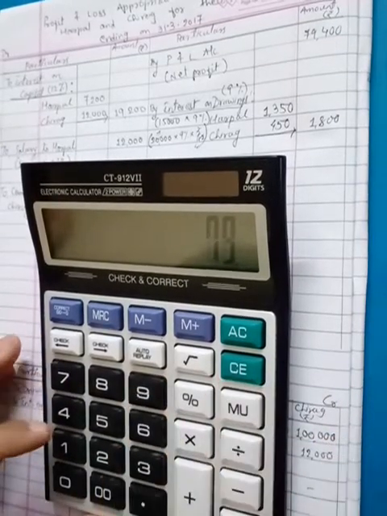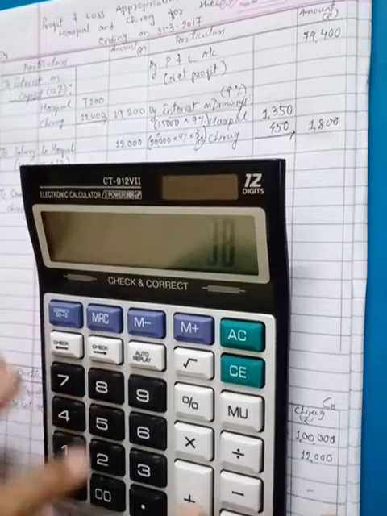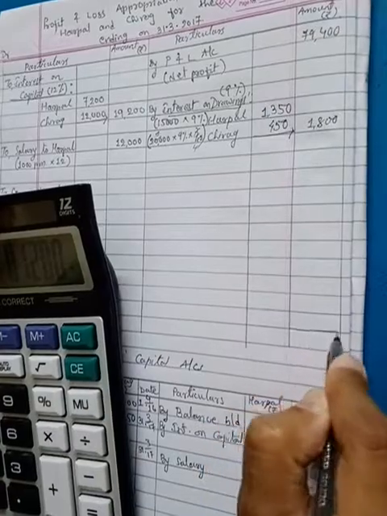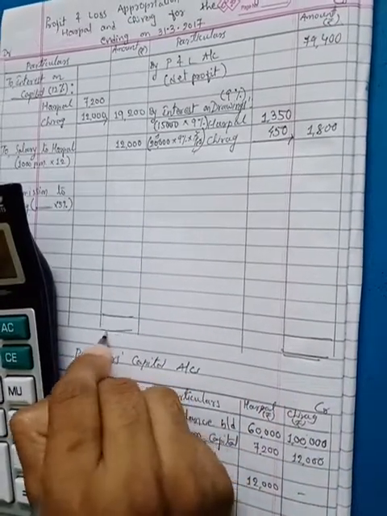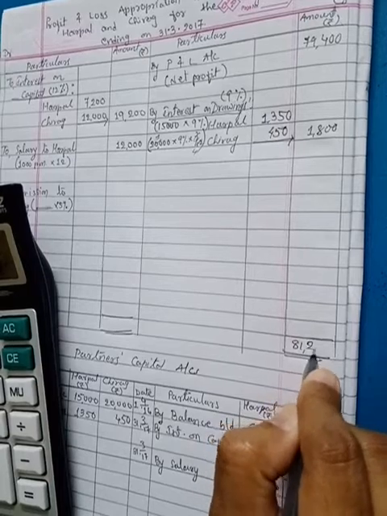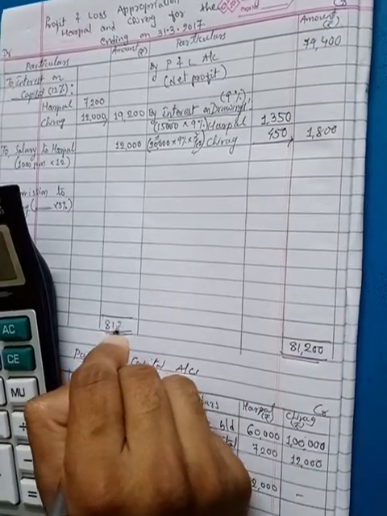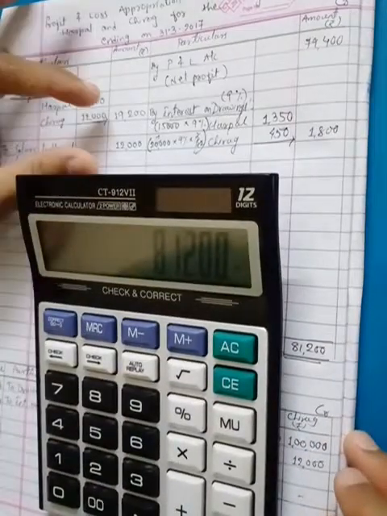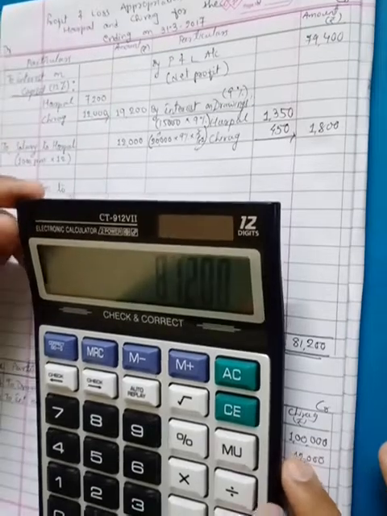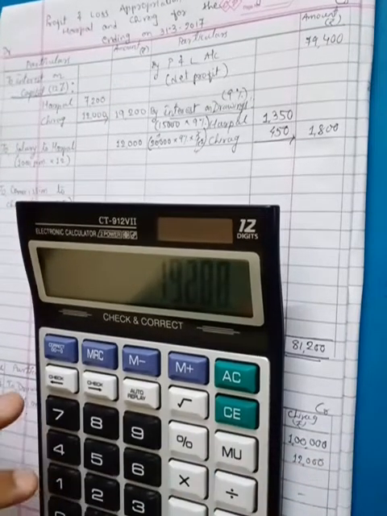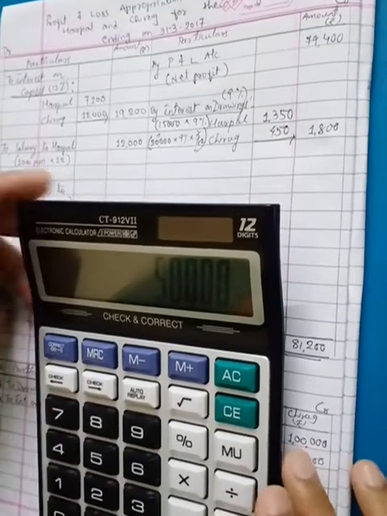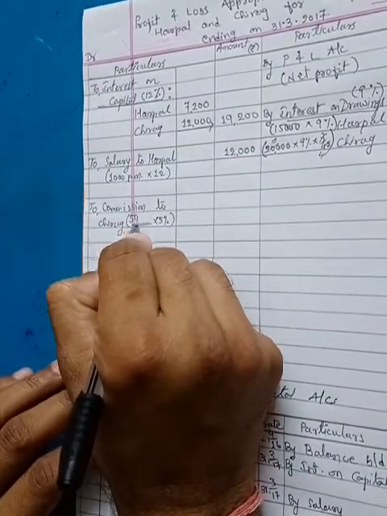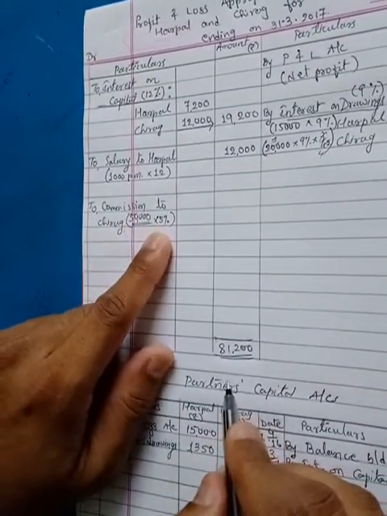See, 79,400 plus 1,800, that total comes to 81,200. I can write that total at the end of this account because that will not change now. All the effects are over except this commission, but commission is recorded on the debit side, so the credit side total will not change, 81,200. From this total we have to deduct these two amounts. So I am deducting that value, minus 19,200 minus 12,000, so it comes to, you can see, 50,000. So the divisible profit over here is 50,000, and its 5% will be your commission.